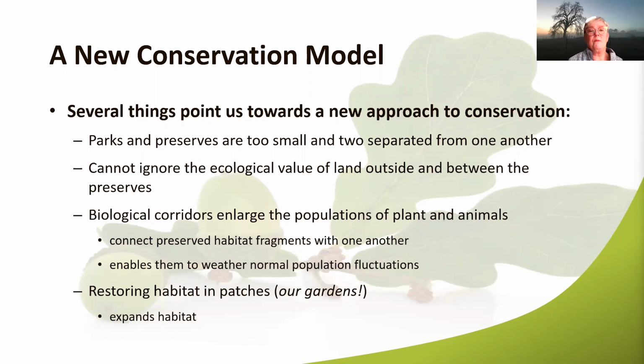So there are several things that point us towards this new approach. Again, I mentioned that parks and preserves really aren't large enough and they're not substantial enough to support those populations. By ignoring the ecological value of other land, we don't take advantage of what we can do to support them. Biological corridors can help enlarge those plants and animals, and there's a lot of work afoot, both